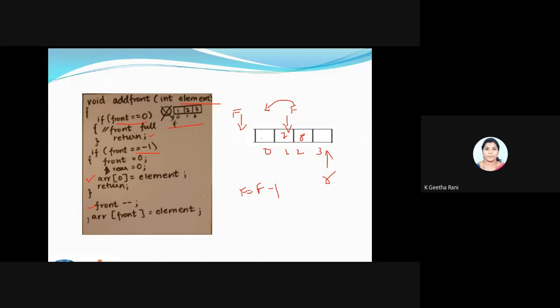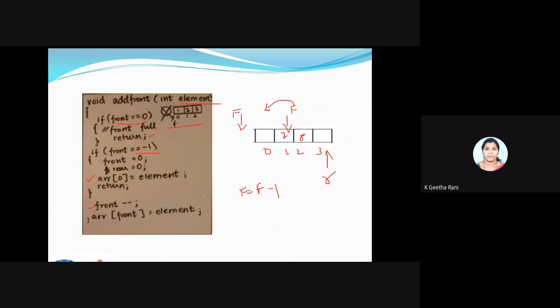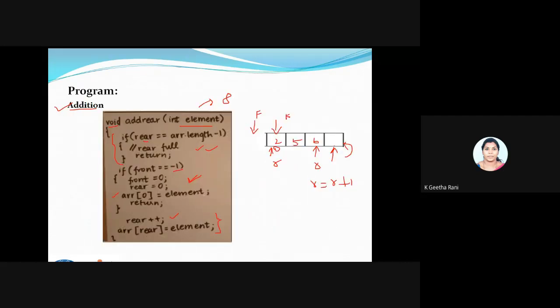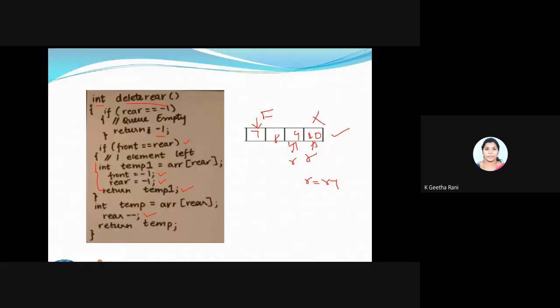Fine. So this is a quick one, I won't say it's a perfect program. Fine, it's a part of the program I have taken here. For addition and deletion alone, while you're writing, put all the operations for checking the conditions for full and empty in a separate way, and try to do it. Fine. So that's all. Any doubts in this, guys? Any doubts? We will see the drawbacks and all in the next class.